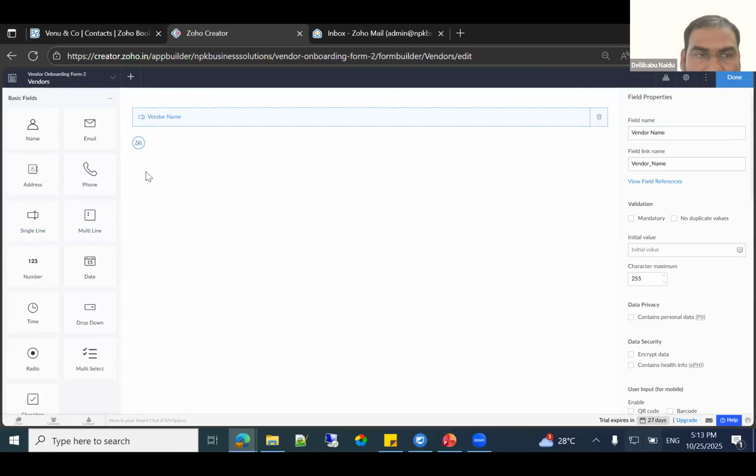using a single name. I just created vendor name. Then I'm adding an email field for email.